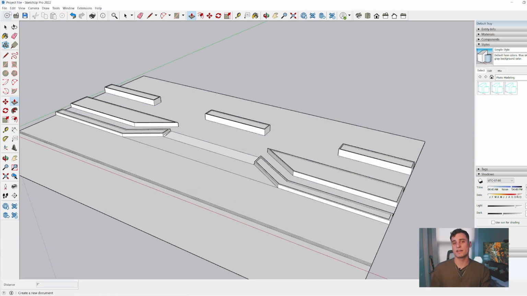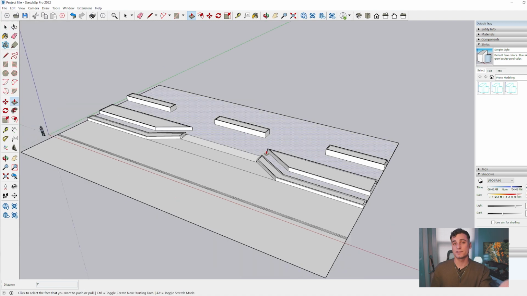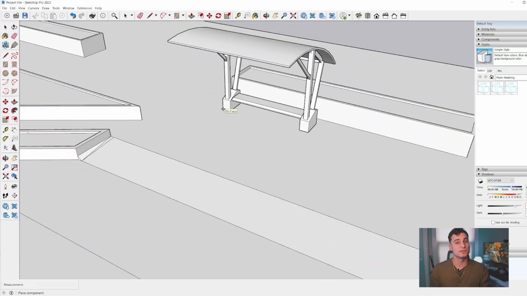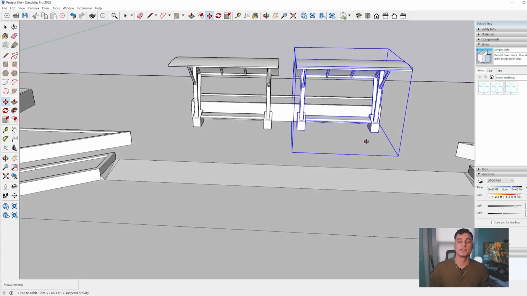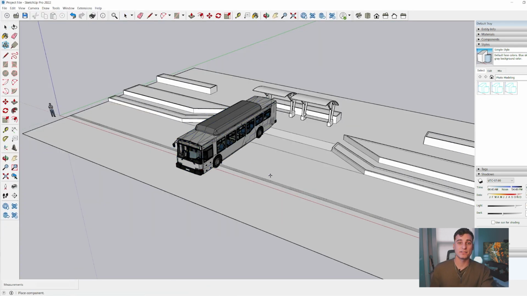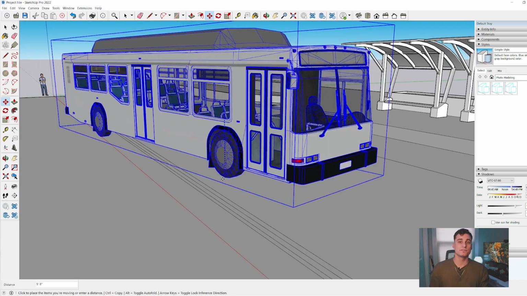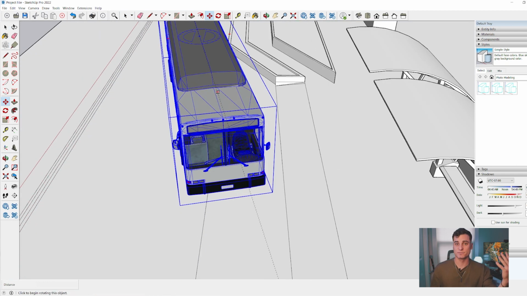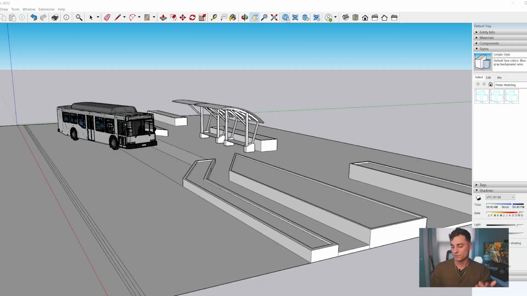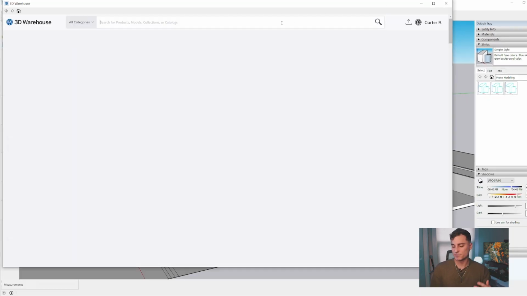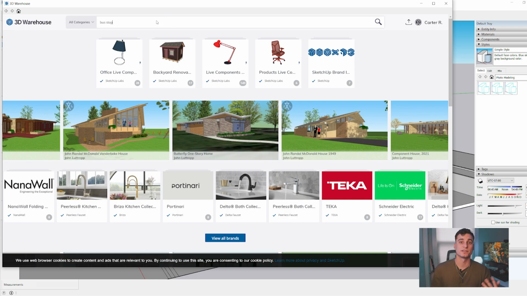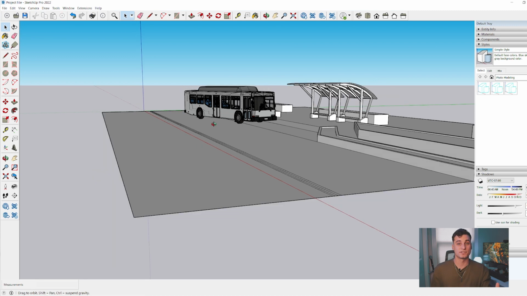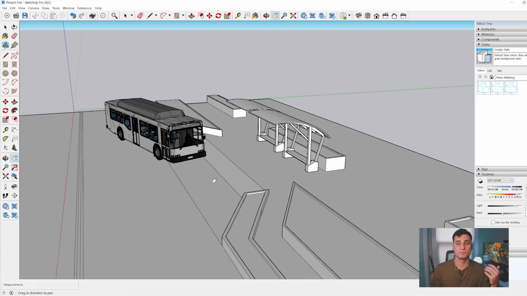So go ahead and do all of that for all of your corresponding areas, and then your drawing will be looking something like this. Now the only thing left to do to finish up this model is going to be adding in your bus stop dialogue as well as your bus. You can do this in a couple different ways. You can either create your own from scratch, import something that you like from somewhere else, or use the 3D warehouse located here, and you'll be able to find some really nice pre-made ones already. So get those dropped in, oriented how you like, whatever style you like, and your image should be all set